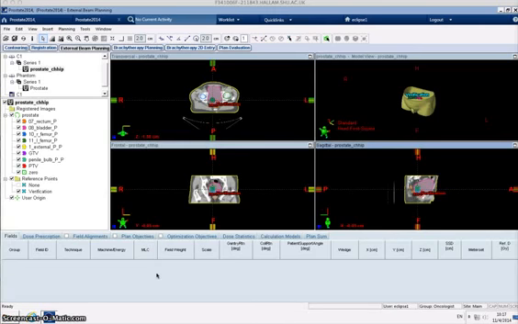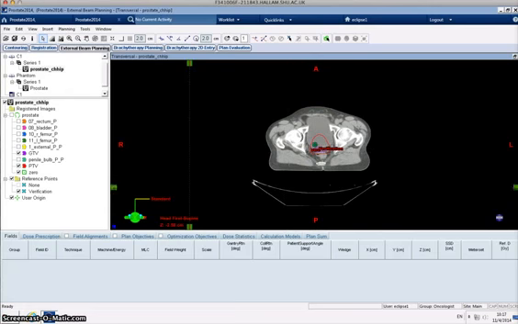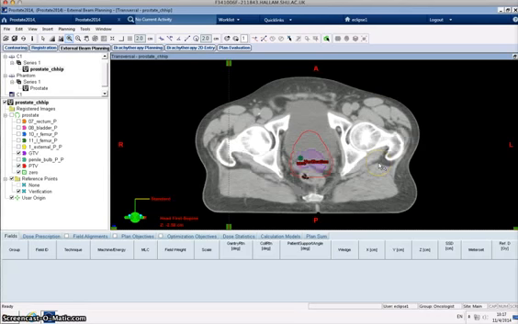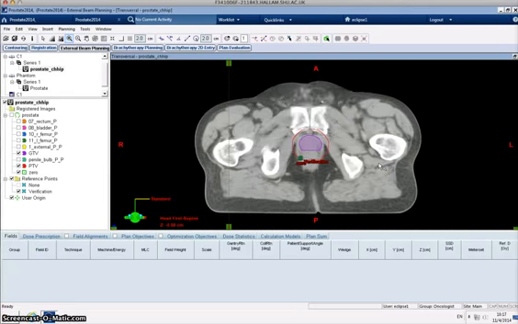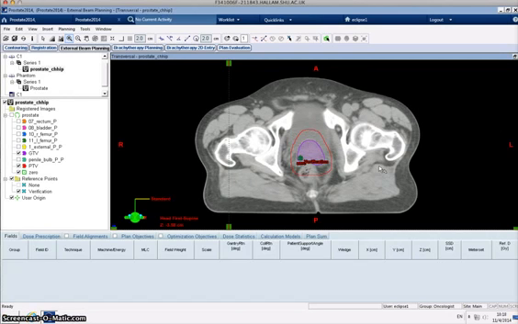So we're now in a position to start planning this patient. And if we look at the volumes we're wanting to plan, what I'm going to do is just turn off some structures. And I just want to have a look at my GTV and PTV to start off with. And as I scroll up and down, I can just move these marks out, these lines out of the way. And let me just zoom in on the patient. There we go. So you can see here that the prostate and seminal vesicles have been contoured as the GTV,